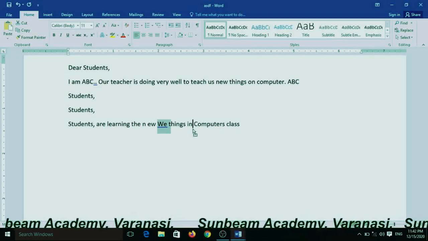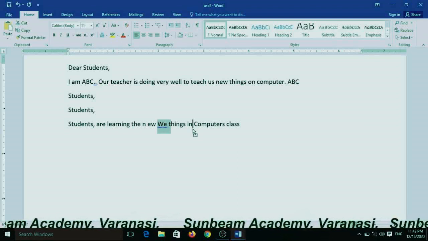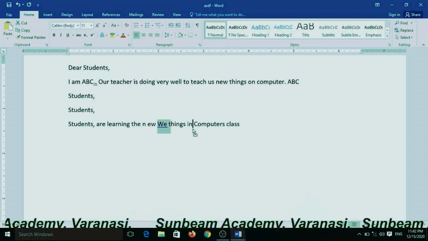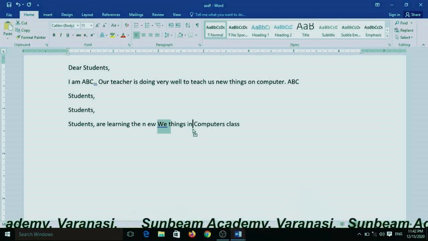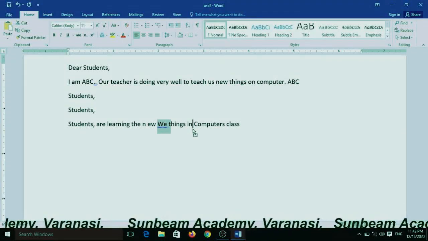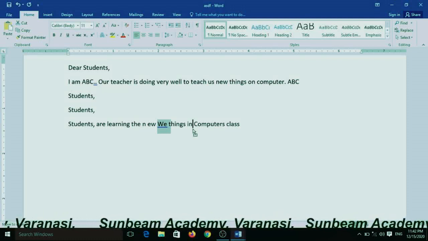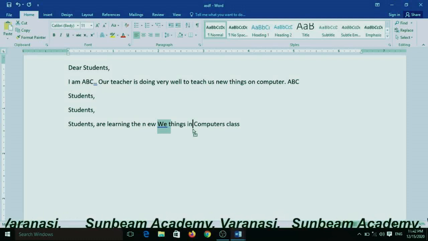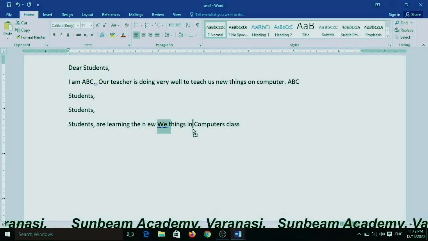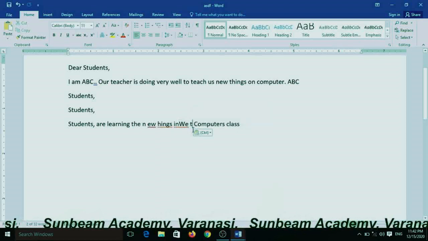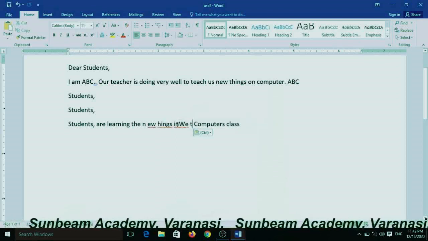Click and drag the text to the location where you want it to appear. The cursor will have a rectangle underneath to indicate that you are moving text, and release the mouse button. The text will appear at the new location. Now you can see it.